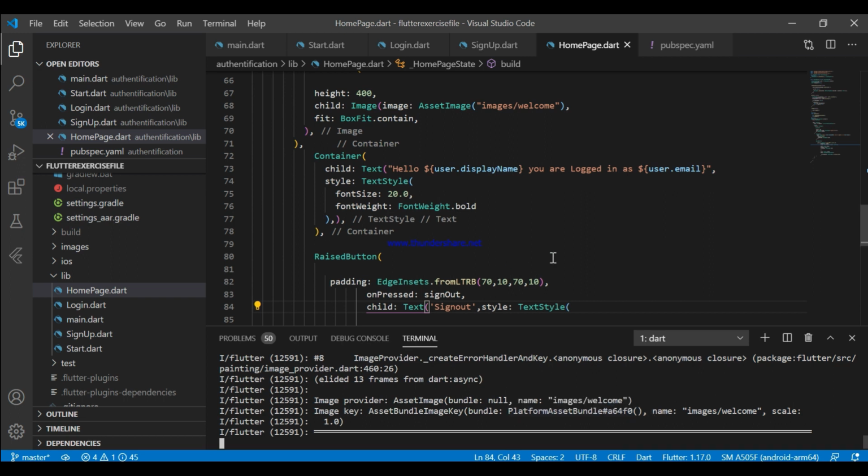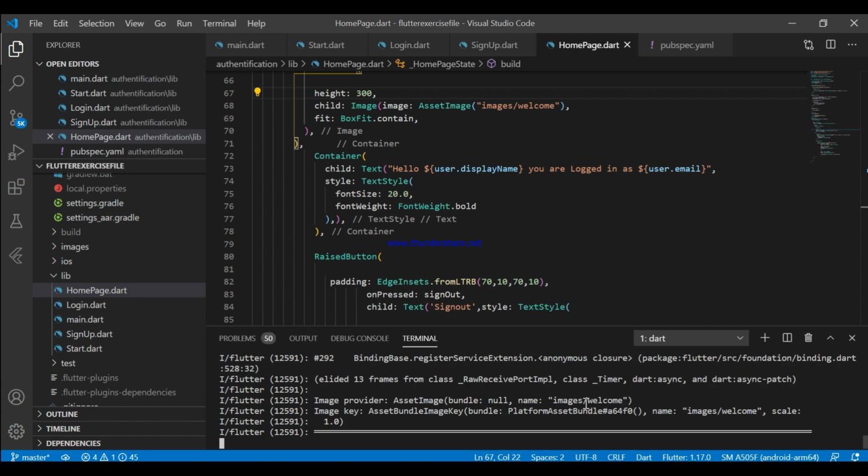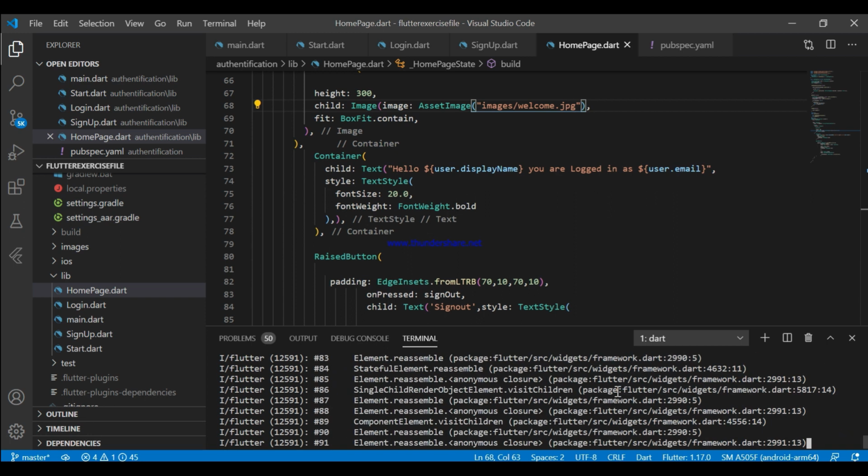Unable to load the image. What's the matter? Image is imported properly, so where is the error? Oh, I forgot to use the extension .jpg. I am horrible at typos.